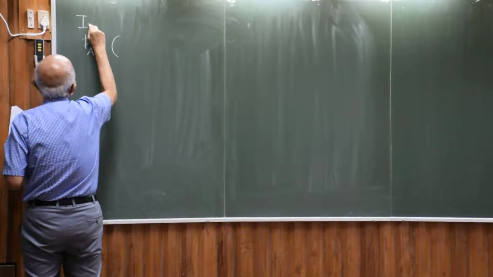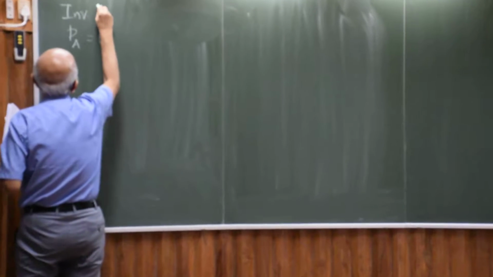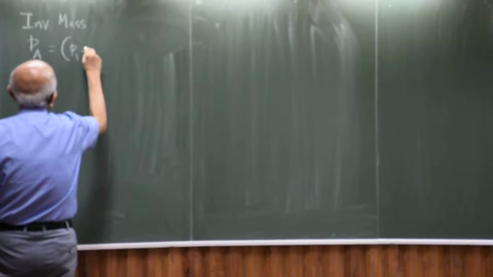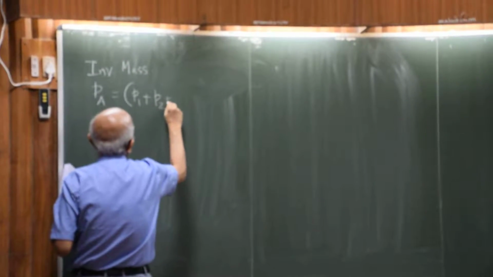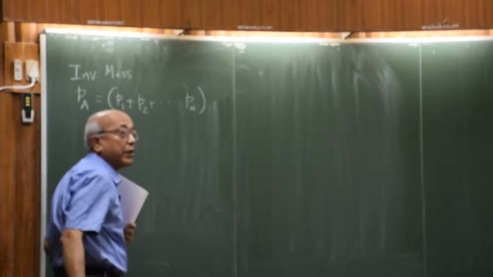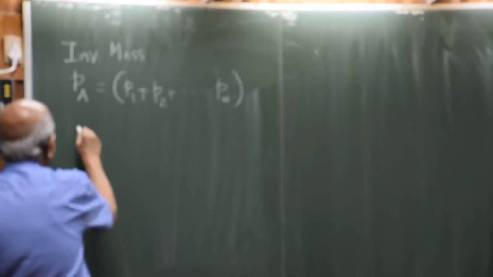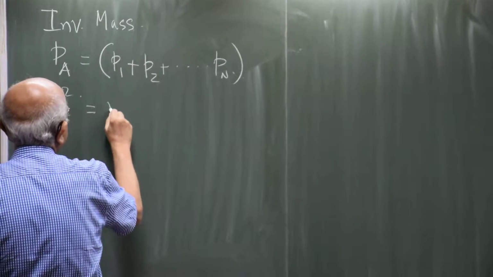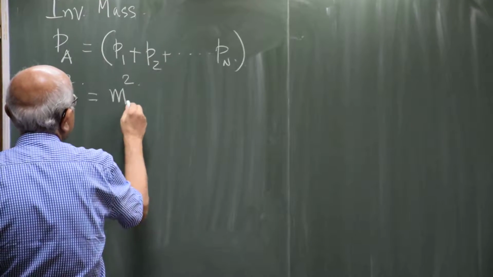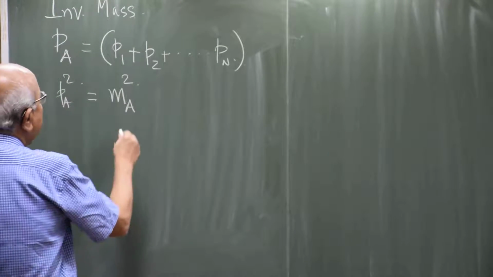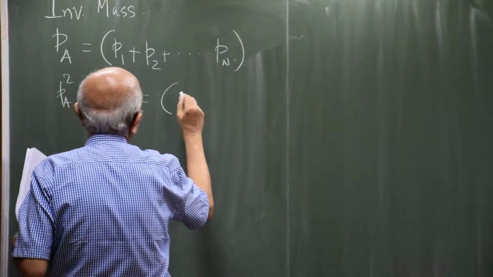The first important thing is the concept of invariant mass. Suppose this particle decays into any number of particles. Now in principle, if you square this quantity, then from relativity I know that this is going to be the mass of A, the mass of the decaying particle,